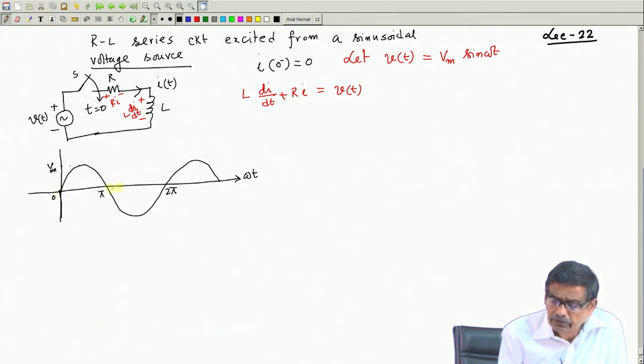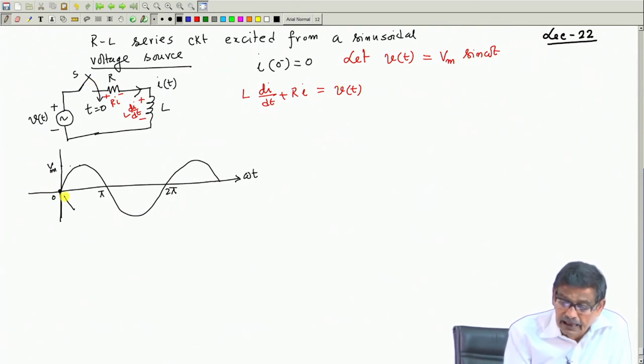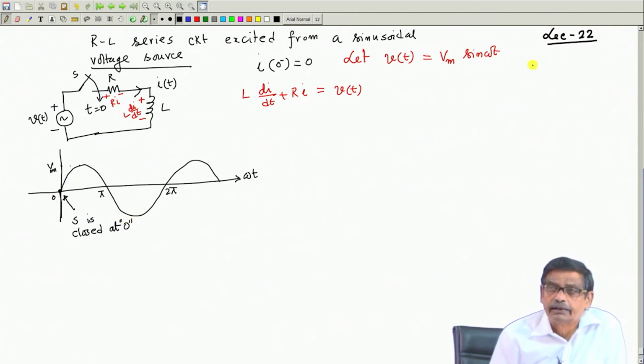So, this axis also determines the time axis in some other scale divided by omega. So, at t equal to 0, I am closing the switch, so S is closed at O, and that is why I am describing this as V max sin omega t